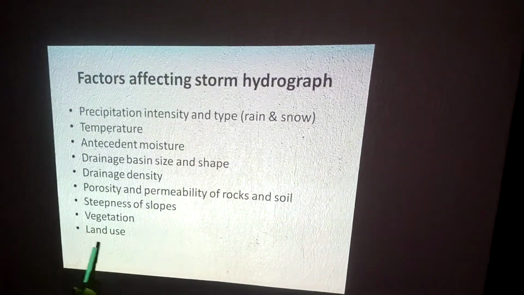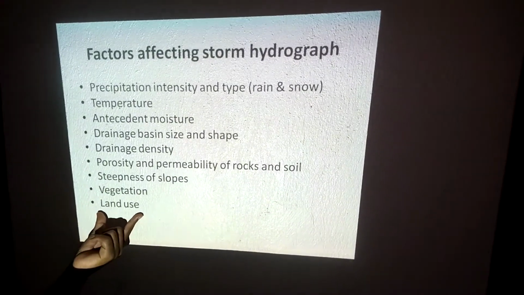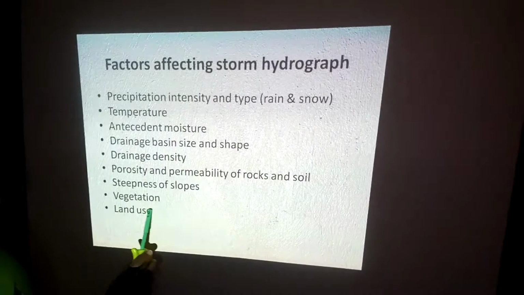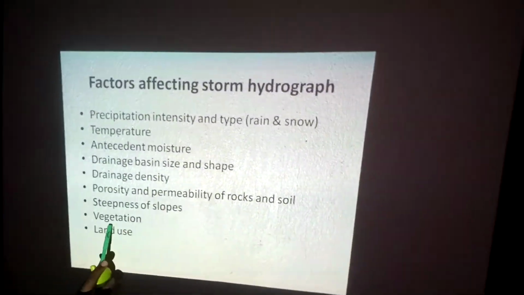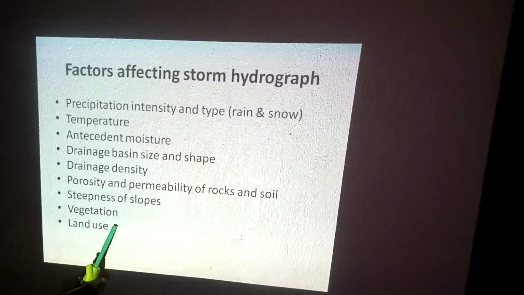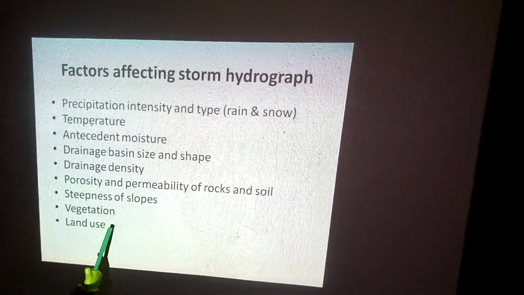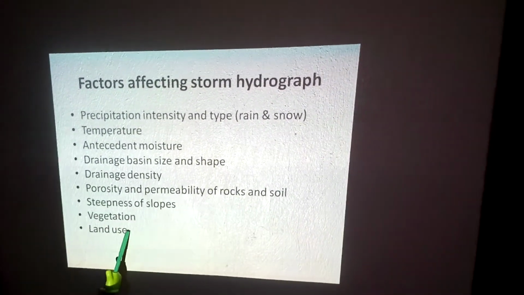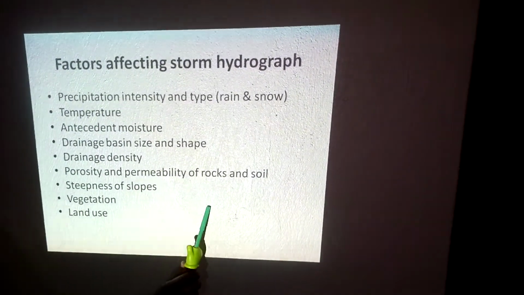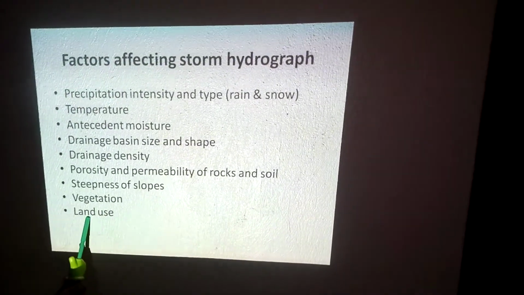Land use. Here it goes with the urban land use and the rural land use. So built up areas which grow with urbanization increase surface runoff, while farmlands or agricultural practices increase infiltration and reduce surface runoff. So urbanization leads to higher peak discharge, shorter time lag, and steeper rising and falling limbs, while